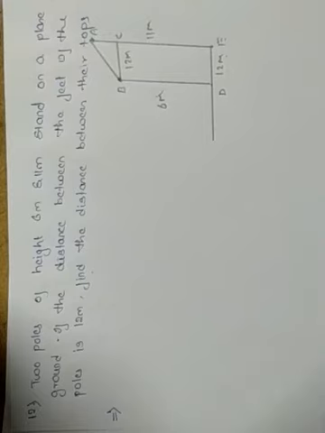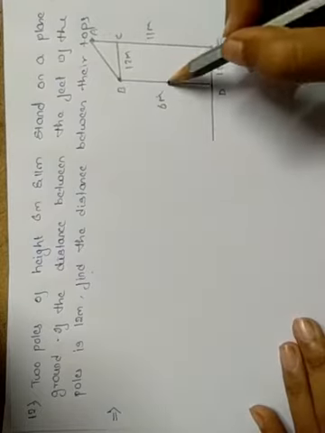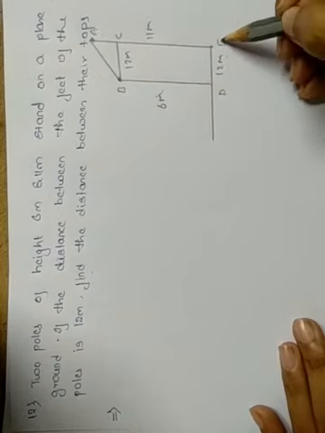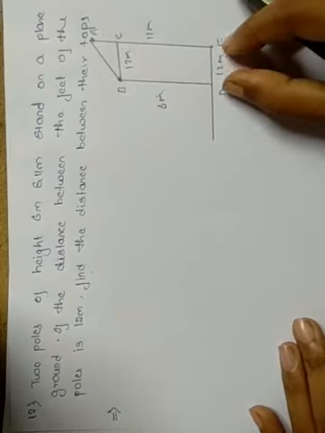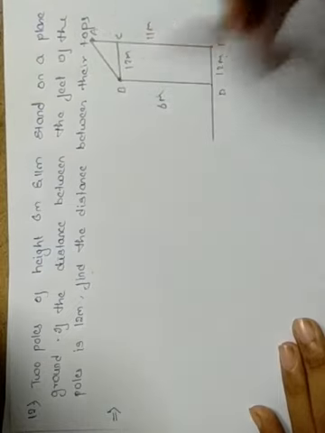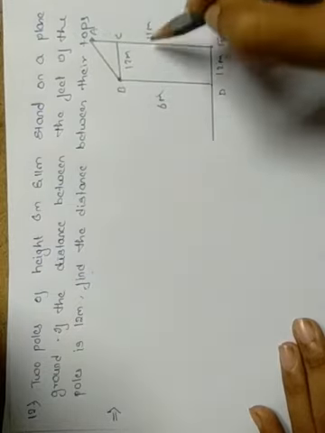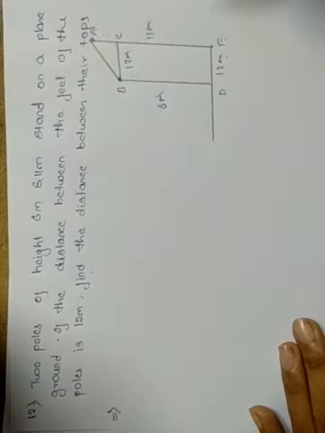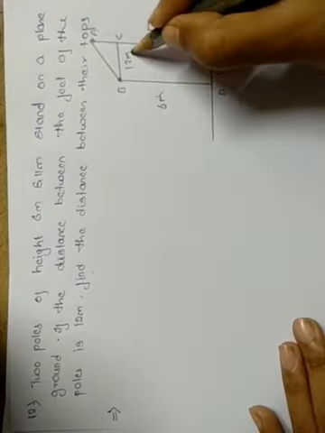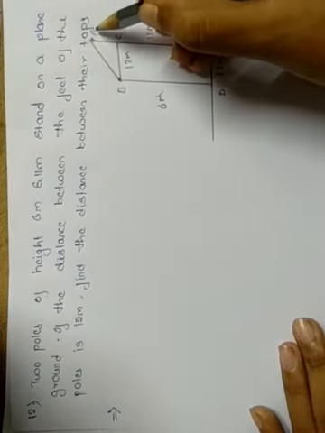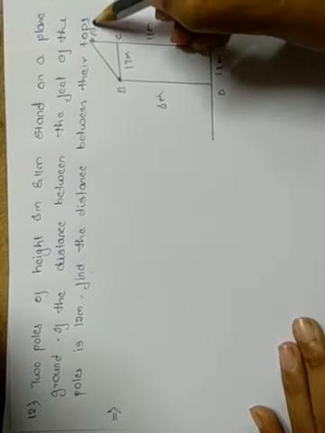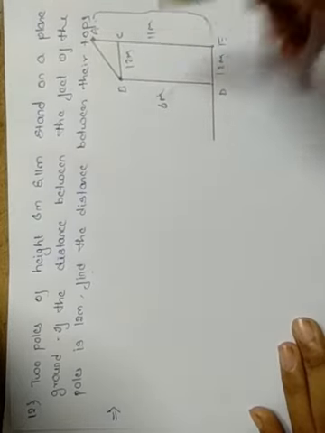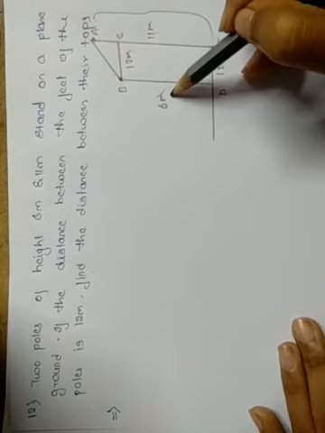You already know that both the poles are standing on the plain ground only. If the distance between D and E is 12 meters, then from the bottom up to here the distance will be the same, or no? Because the two poles are parallel to each other, yes or no? So this is also 12 meters. And also, what have they given? The height of the pole AE is 11 meters, and the height of the pole BD is 6 meters.